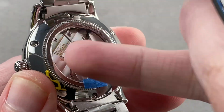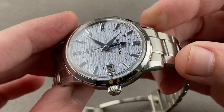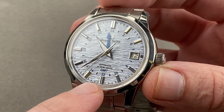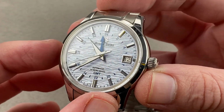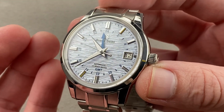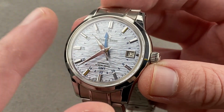Turn it all over, 37 jewels, adjusted in 6 positions. Remember, with the Swiss, a chronometer is adjusted in 5 positions. Generally, they won't adjust crown up or crown down, because that's one of the most challenging positions for the watch to keep time. With 6 standard positions tested, there's no place for inaccuracy to hide in the testing of this movement, which beats away at an El Primero like 36,000 vibrations per hour for greater potential accuracy. And Grand Seiko guarantees no worse than +5, -3 seconds per day. Remember, the Swiss COSC, based on the ISO 3159, is going to be +6, -4 per day, so this is